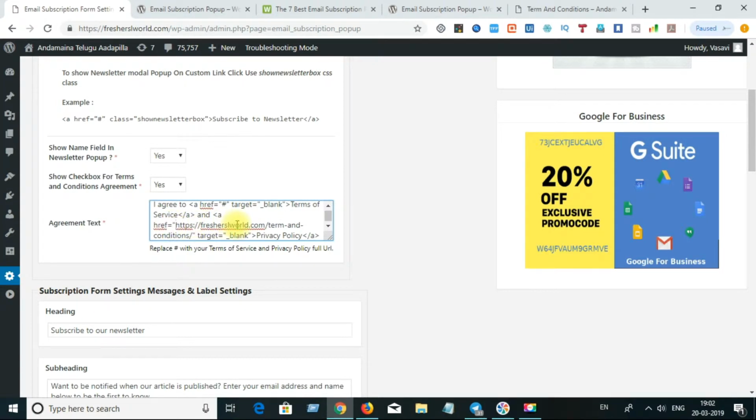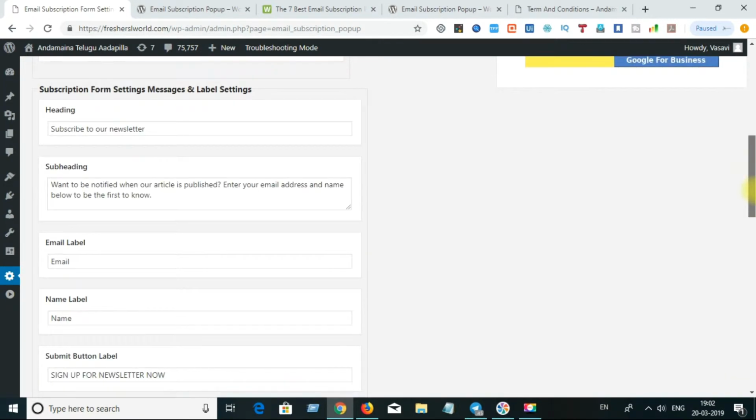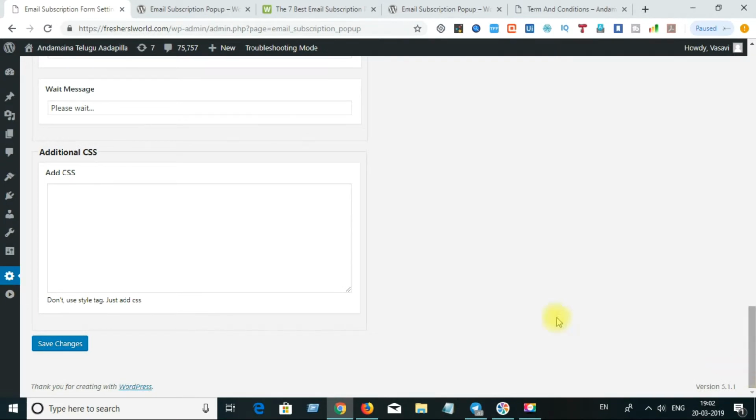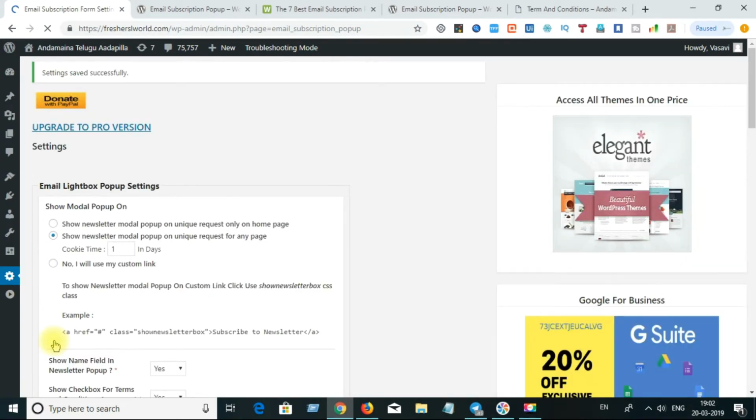Here you can see I am putting that particular terms and conditions URL at the href section in the email subscription settings. After that, click on save changes to make it effective.